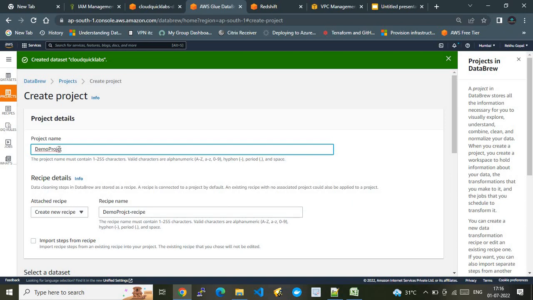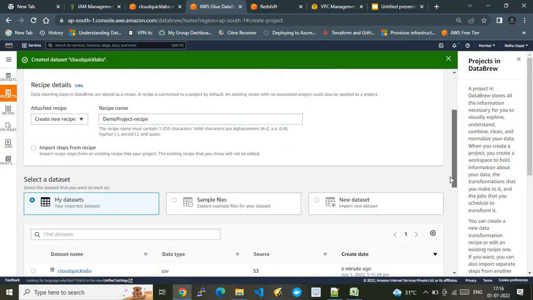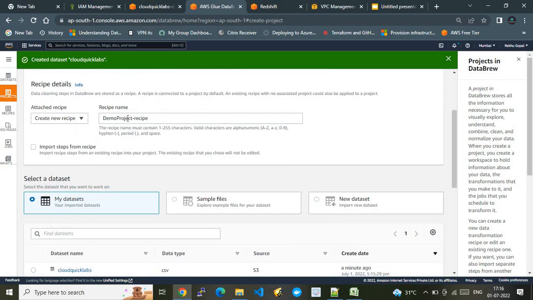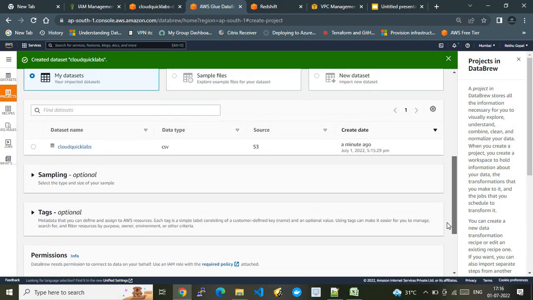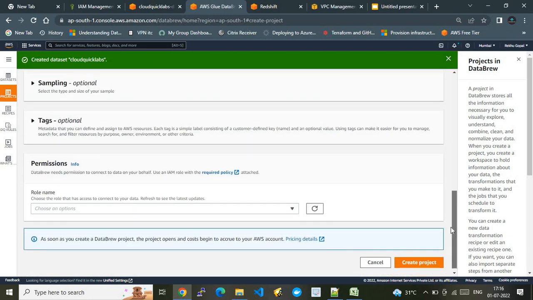All right, so demo project, and the name of the recipe will be automatically generated. If you see, the project name hyphen recipe is the recipe. And finally, in my dataset you're going to select this dataset. That's very important. The rest is all optional. You can ignore the optional, and if I scroll down,